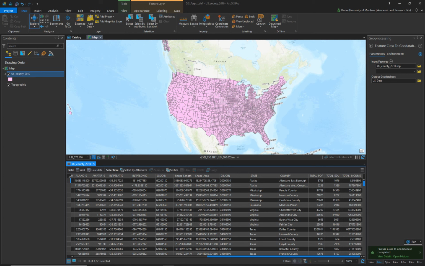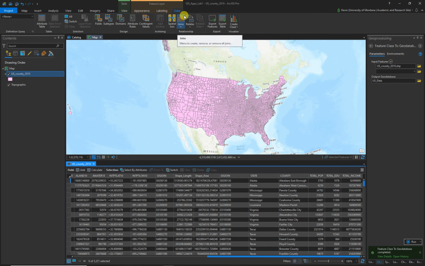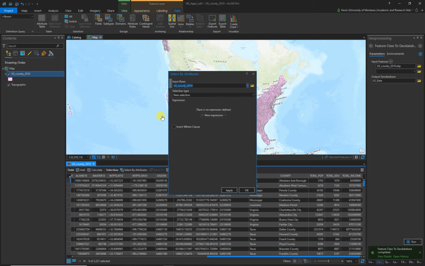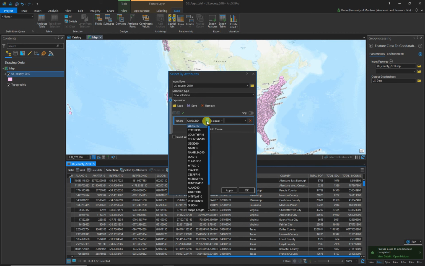So first thing we're going to do is select by attributes. So let's see here, if we go to data up here for our feature layer, and then oh, nope, I'm sorry. I need to be down in the attribute table, which I already have open, and then I can do select by attributes. Cool. And we're going to say new selection, and we're going to have to do an expression, and it's not going to be by object ID. It's going to be by state. So if we go down to state, and instead of equal to, it's going to be includes the values,